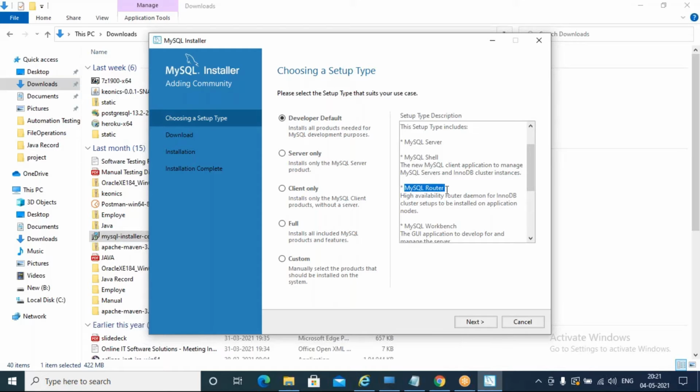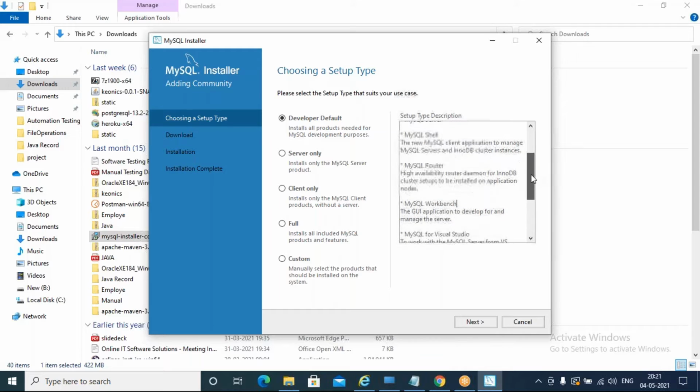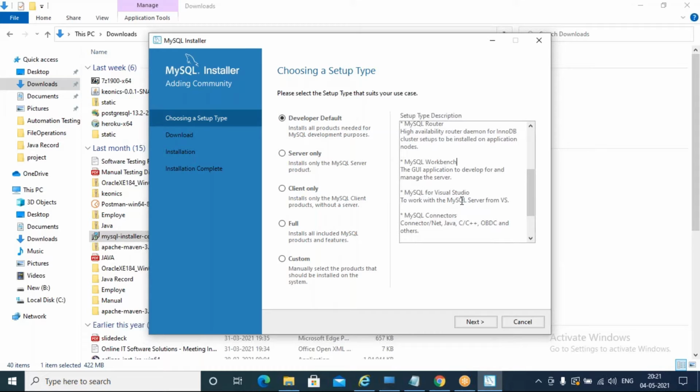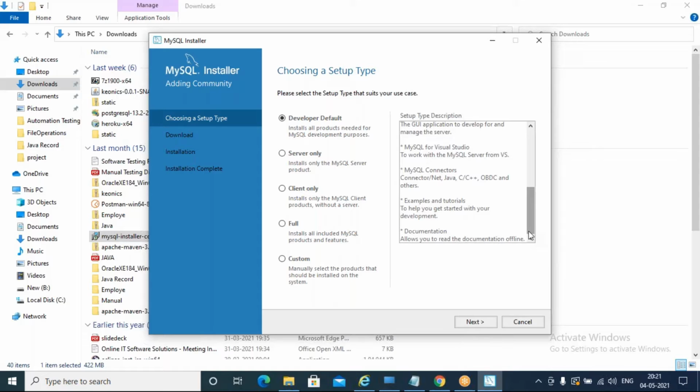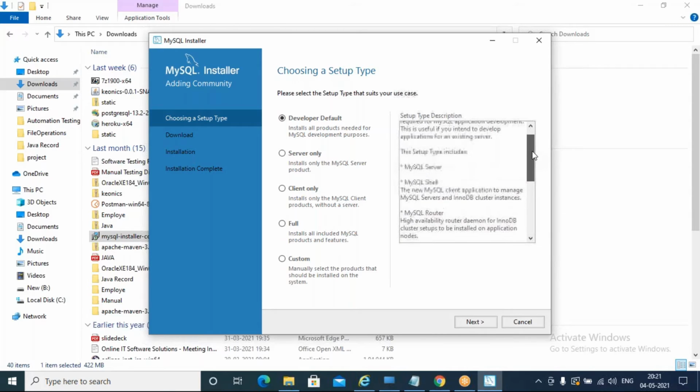MySQL Router will be there. MySQL Workbench, the GUI, will be provided. MySQL for Visual Studio will come. Some connectors will come by default: connectors for Java, C++, and .NET. All those connectors will be downloaded automatically.